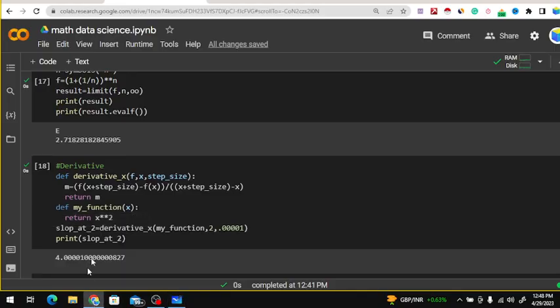So in the derivatives, let's say I define derivative_x, and we have written here a, f, x and step size. m will equal f(x + step size) minus f(x), divided by (x + step size) minus x, and return m, and we are getting a slope. Then define my_function(x) to return x squared, slope_at_2 will equal derivative_x(my_function, 2, 0.001), and print it,